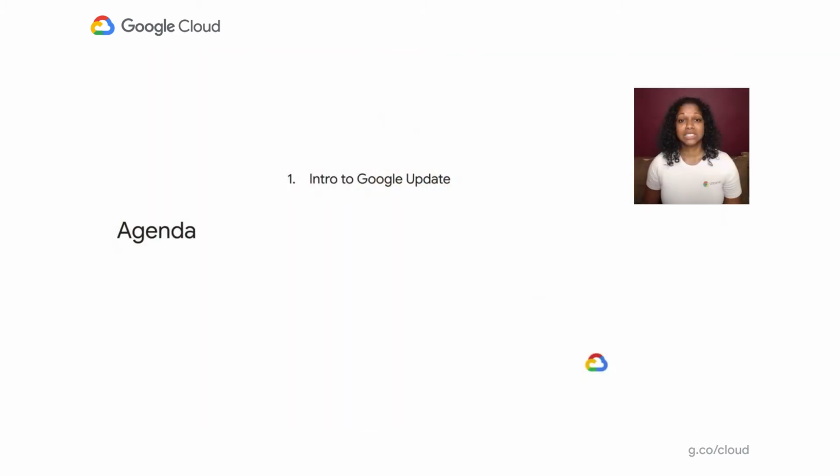When I'm working with our enterprise customers to help them get set up with Chrome in their organization, one topic that often comes up is how to get the most out of Chrome's update controls to get the best balance of stability and control. So today, we're going to be talking about what Google Update does and how it works,